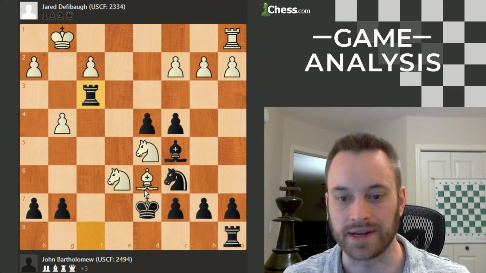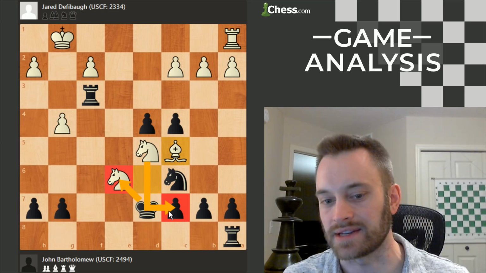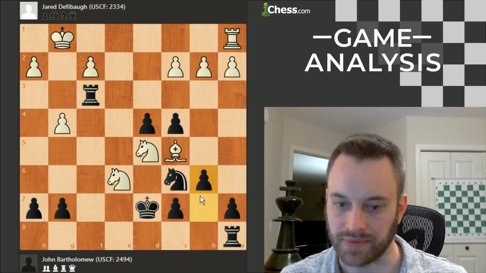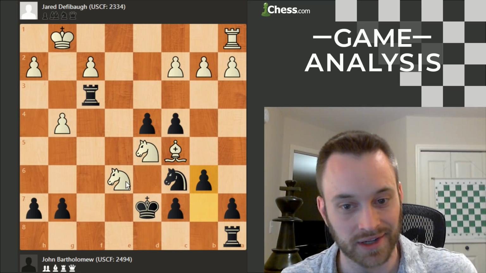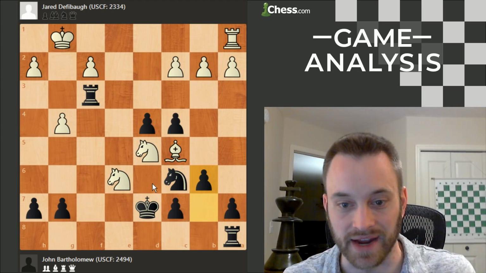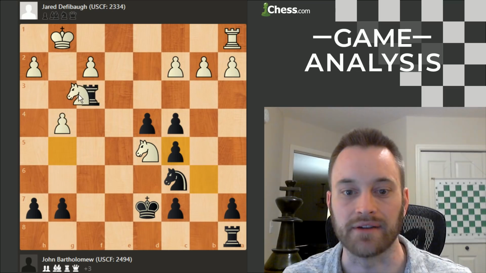rook takes f3, bishop takes c5. Still tricky because if king takes e7, there's knight takes c7, and white will pick up the rook in the corner. But black can play b6 here just to add to the confusion of the position, and white, having a couple pieces under attack, seems to have to go for something like knight g5, b takes c5, knight takes